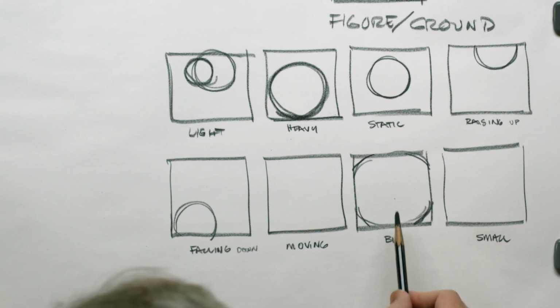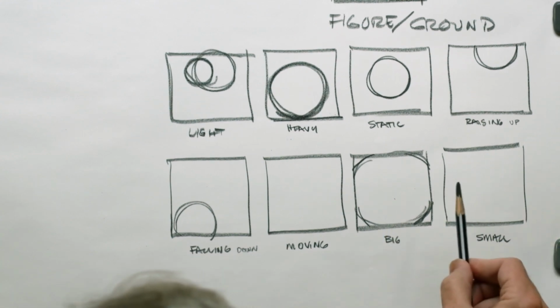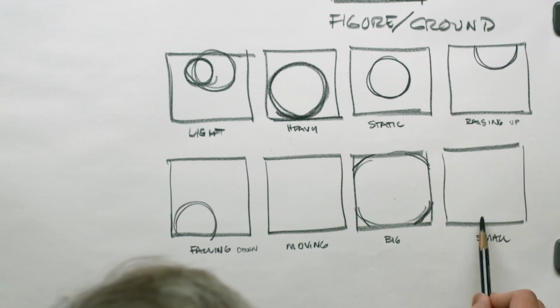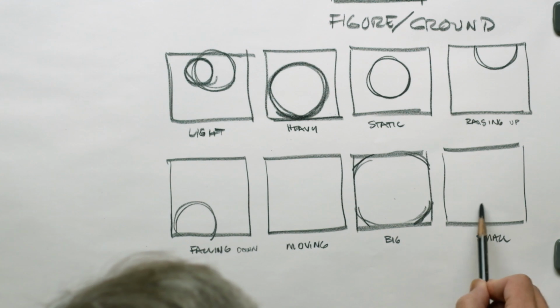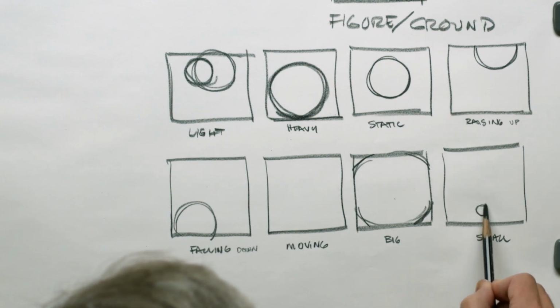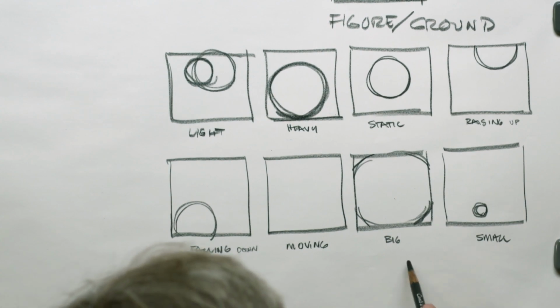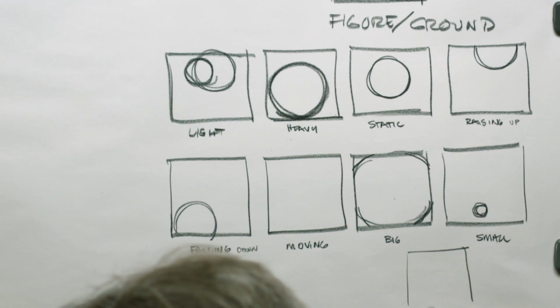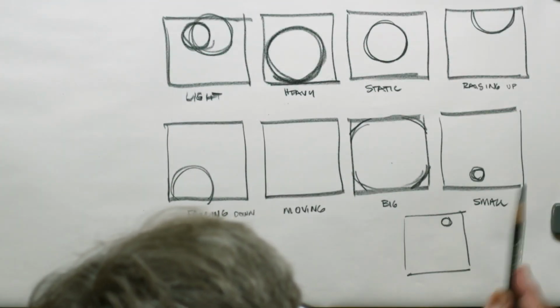Small, as opposed to the big. Small would be a small circle. Of course, you might do a small circle, but it's this small. It might be close. Close meaning lower to the bottom of the frame. Now, the reason that I might not make it up in the top of the frame is this. If I put it up here,